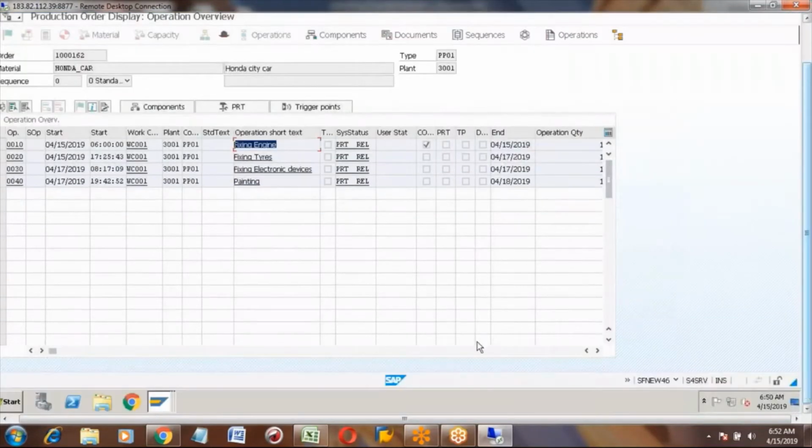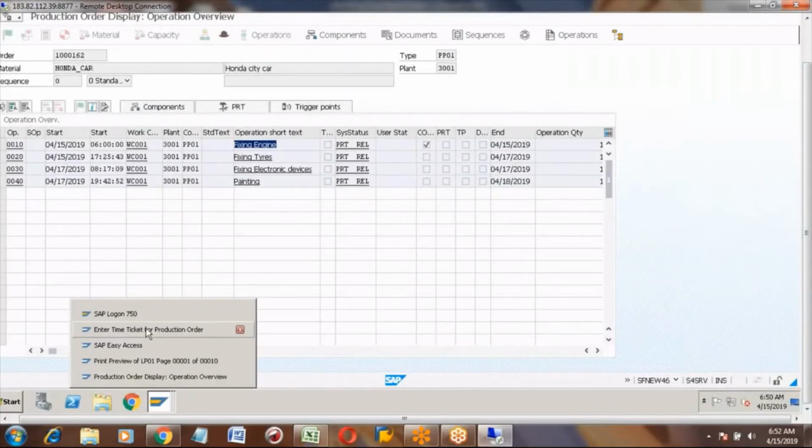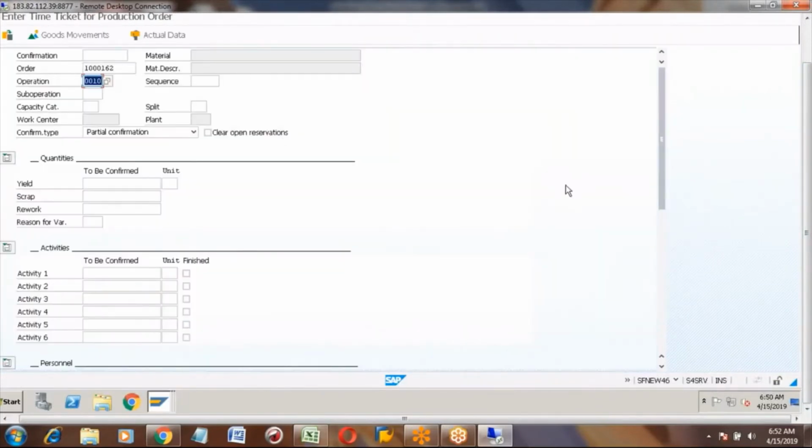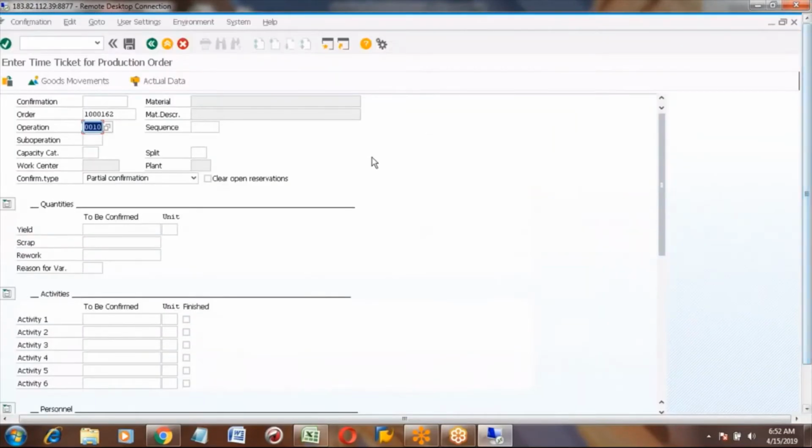Now I am going back to time ticket confirmation. Once you enter these two details, press enter. Once you press enter, the system will display the description, the material code, the work center, the plant, all these details.